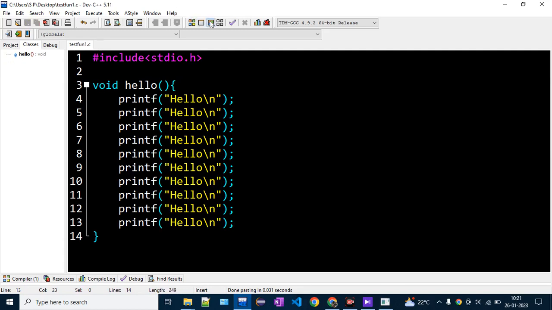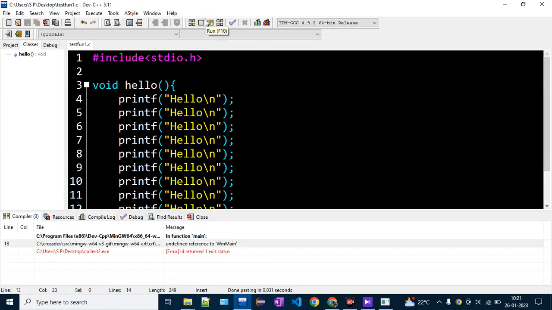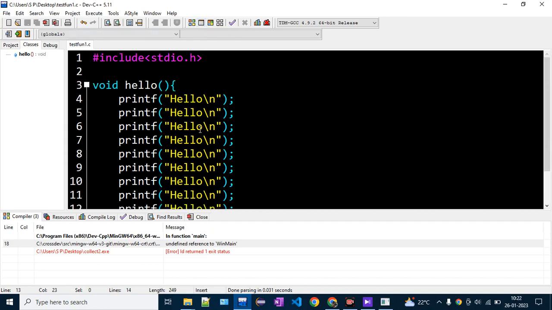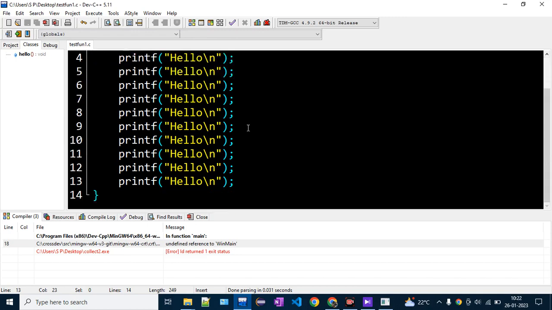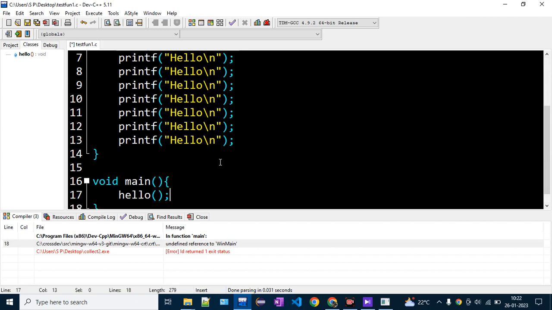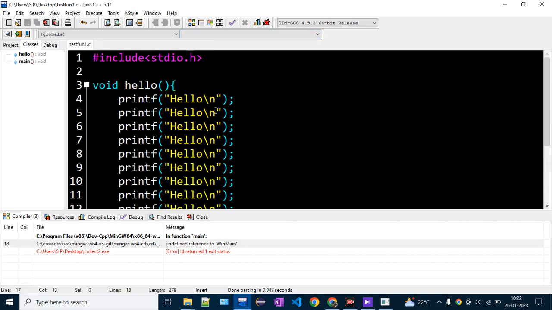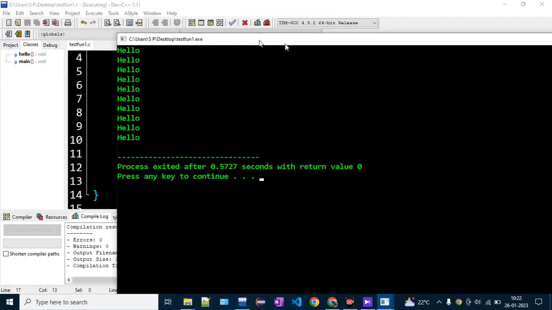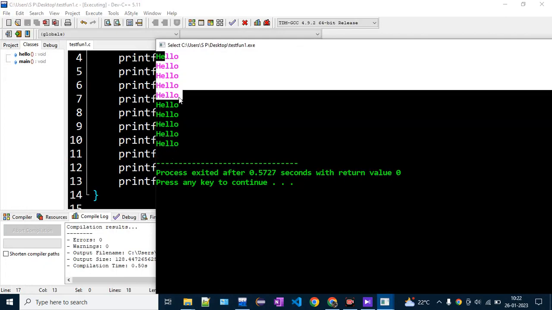So if I execute this program, where is the error? Okay, we did not write any main function, right? So of course we have to write a main function. So void main, call the function hello. That's the error. Now you can see that hello has been executed 1, 2, 3, 4, 5, 6, 7, 8, 9, 10